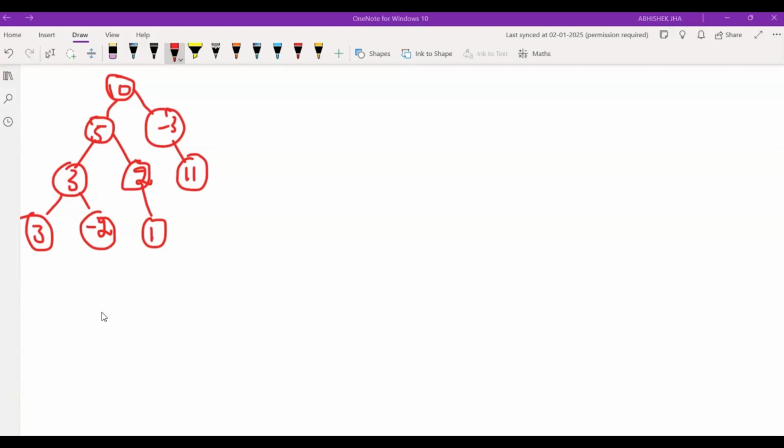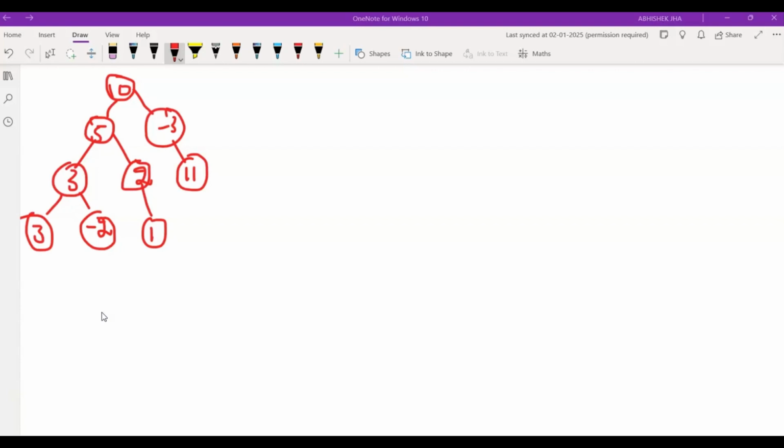So in our optimal approach, we'll use a technique which is similar to prefix sum in arrays. That is, we'll keep track of the running sum from the root to the current node. We'll use a map to store how many times each prefix sum has occurred, and for each node check if there exists a prefix sum such that current sum minus prefix sum equals our target sum or not. So it means we found a valid path. In this way, with the help of a technique similar to the prefix sum in arrays, we are trying to use the same technique in our binary tree.